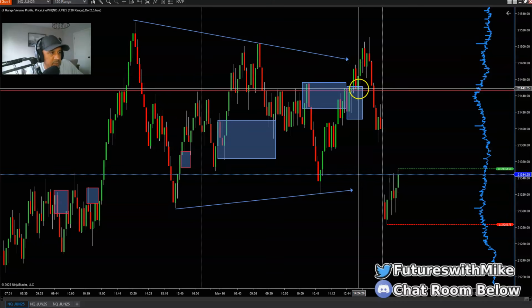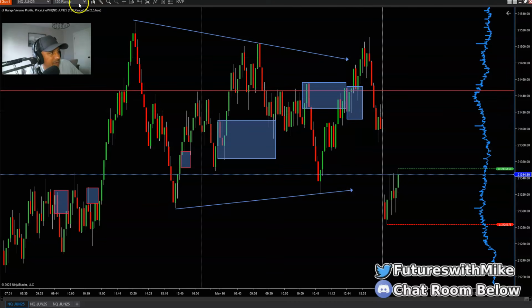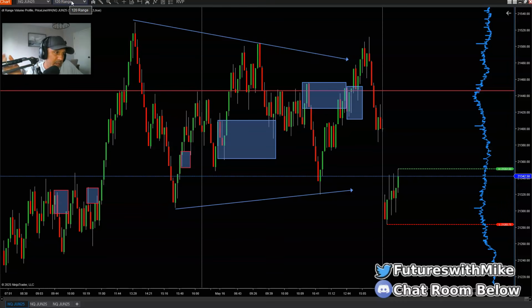And then the market pulls back to this key area. This is an aggressive area where there's an imbalance resting on the higher time frame 120 range zone. You can do this again on your 60-minute chart or your 5-minute chart, but you always want to start with your higher time frame. So if you're using time-based charts, then mark up your 60-minute chart and then look to scale down on your 5-minute chart.